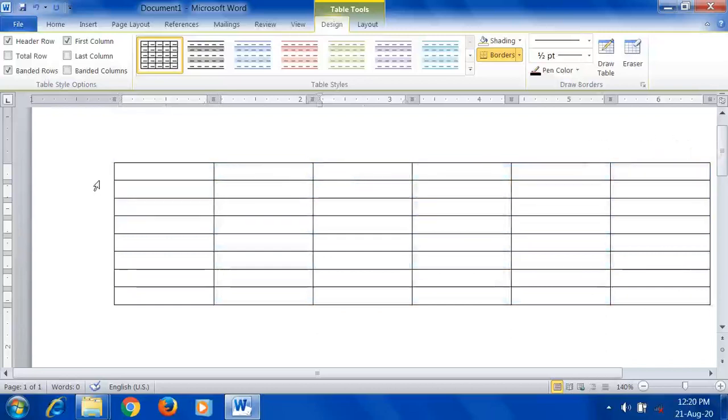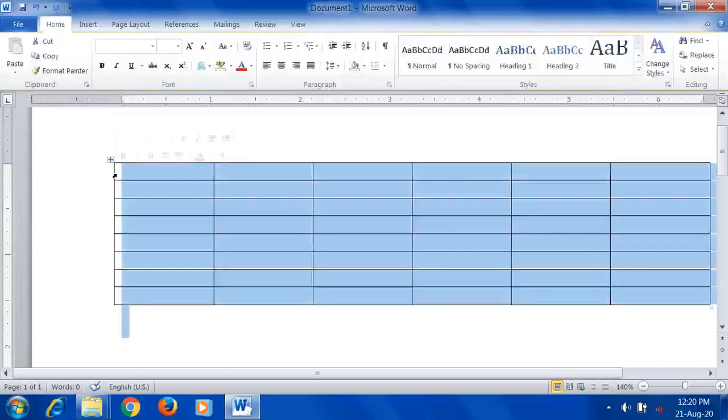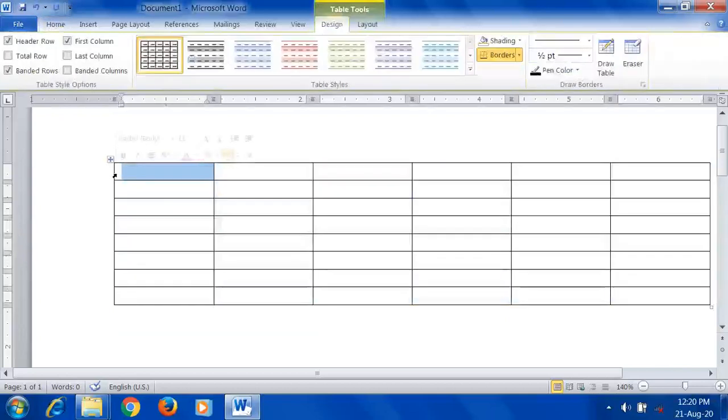So another way, we have seen how to select a single cell. Okay, now see here. Now if I click here, what happened here? One cell got selected. Okay, see now. So one click selects a single cell, double click selects a single row, triple click selects the entire table.